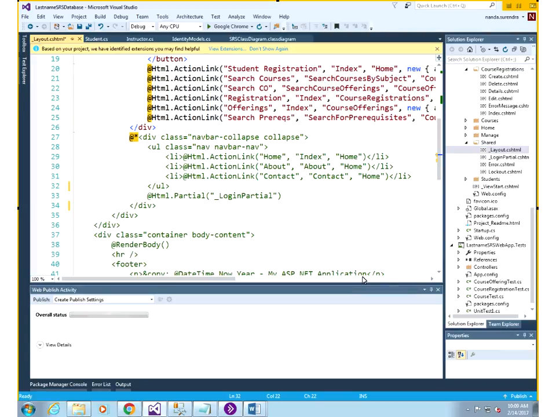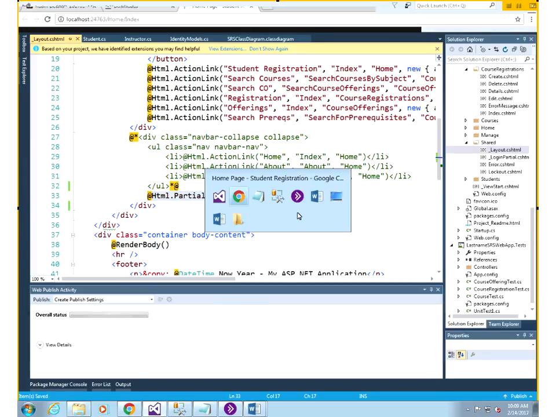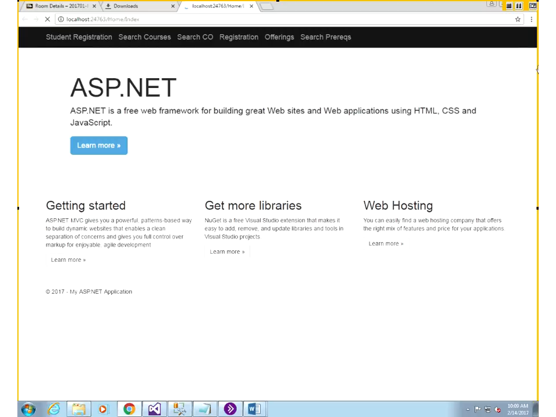CSHTML file. So I want to put the comment ending here, so the asterisk and the @ symbol. So this says this partial is now outside of the commented section. So if I save this file, go back and refresh,